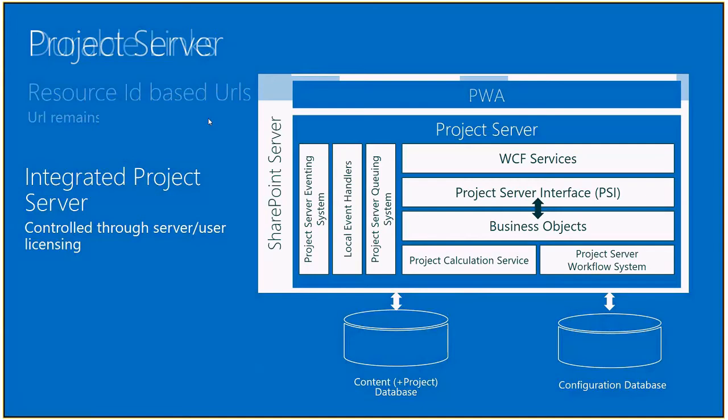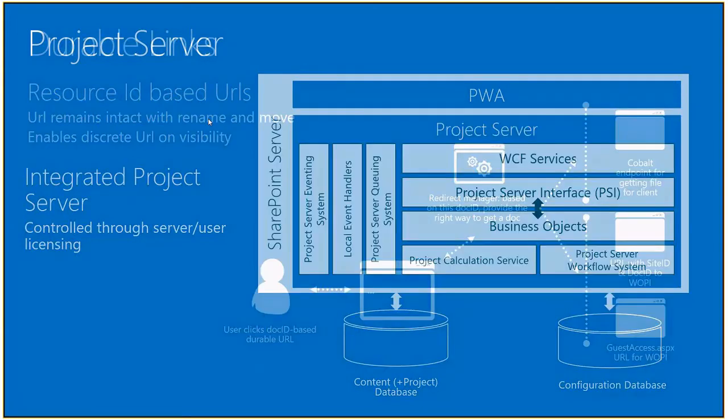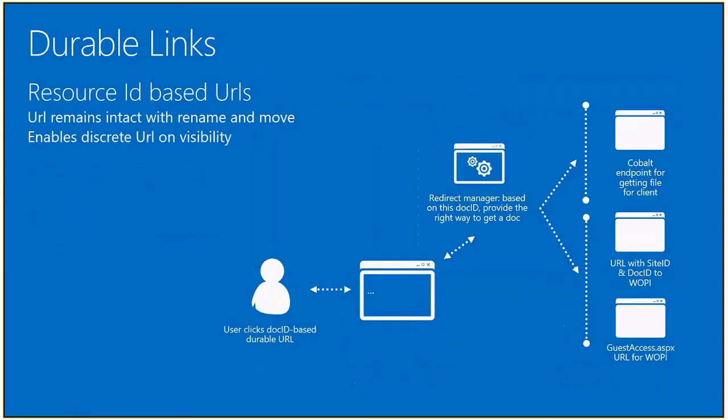The other cool capability I want to talk about is durable links. You must be familiar with permalinks or permanent links, where you can have a link to a resource, and regardless of its physical location, you can gain access to it without breaking the link itself. So this has always been an issue in the past, where if you bookmark a piece of content or